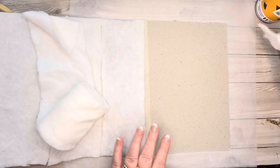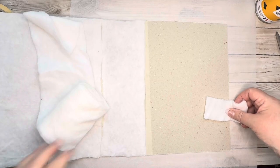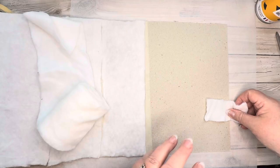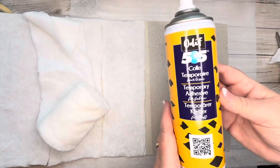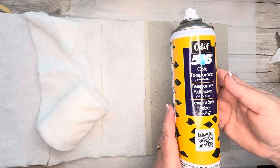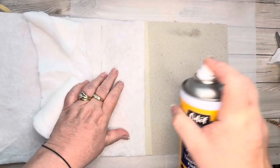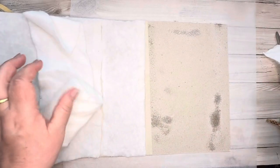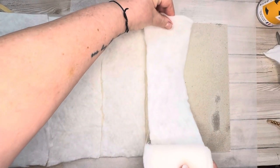Because once they're glued on, pretty. Oh God, I'm jumping ahead of myself. So I was going to use my book binder's glue, but then I thought, yesterday I was using this temporary adhesive, and I thought, well, actually, this would suffice. So my book binder's glue is so precious because it's very expensive, and it's not something I really needed to fit batting on with. So there we go. So I put that onto there, and using what we've got,